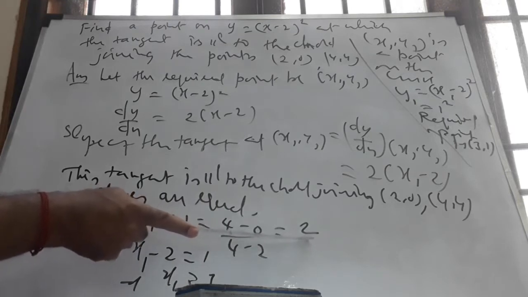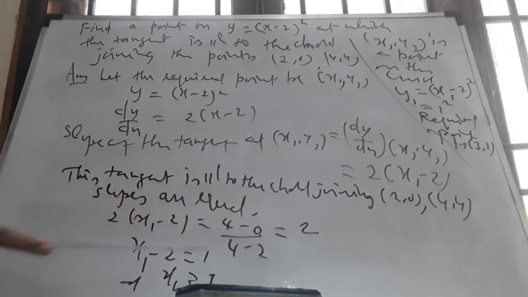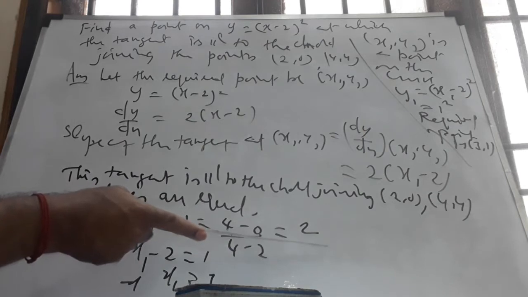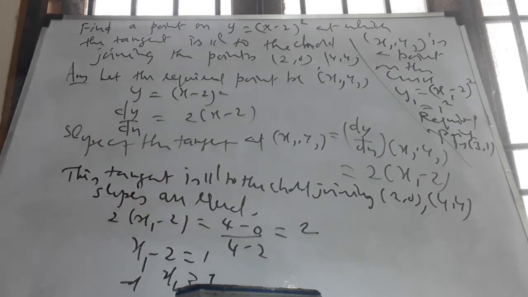We should not make it a 0 here by mistake. It is 1. In the case of division, I get it to be 1. In the case of subtraction, taking 2 to the other side and subtracting, you get 0. Here I am dividing, 2 by 2 is 1. Now x1 is 3.